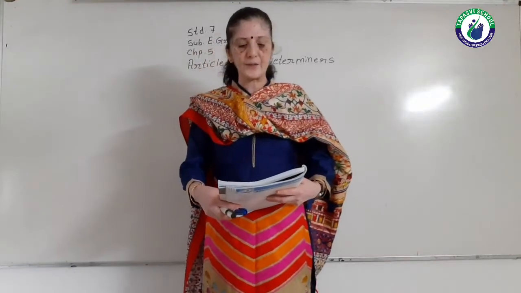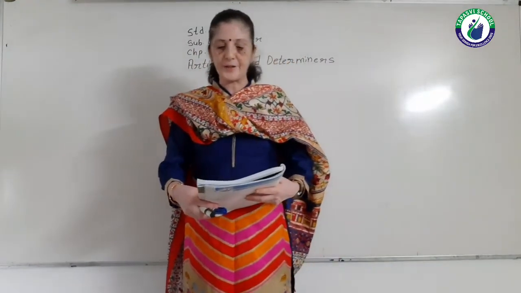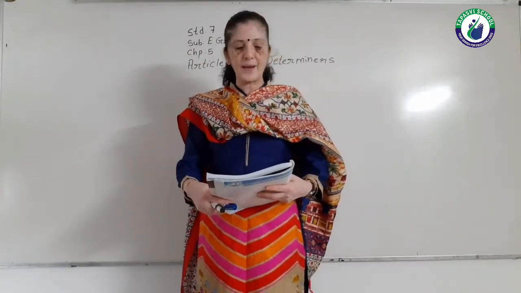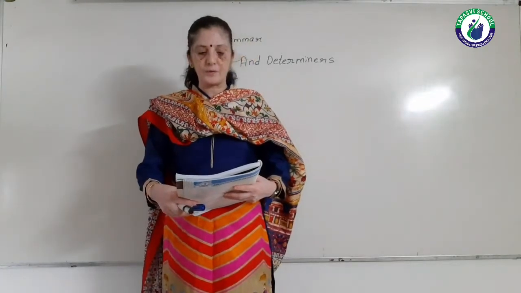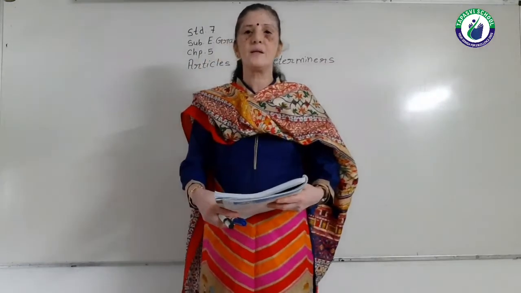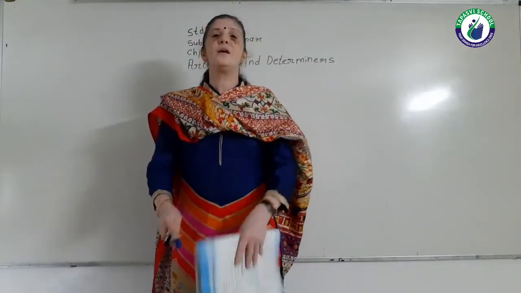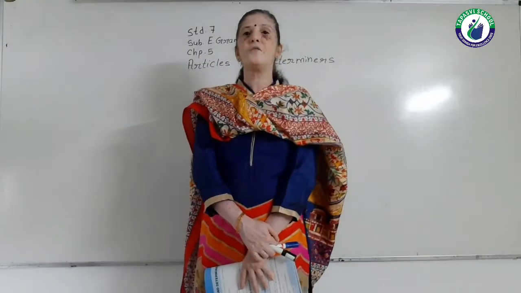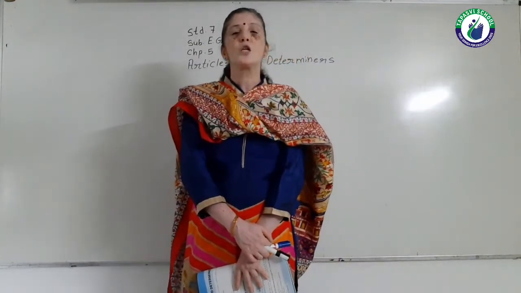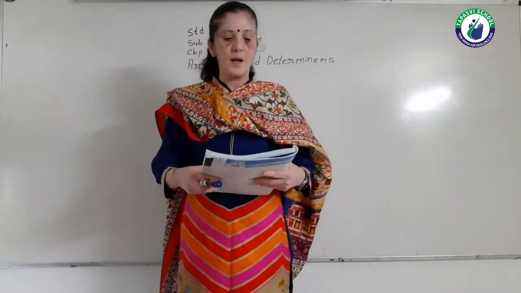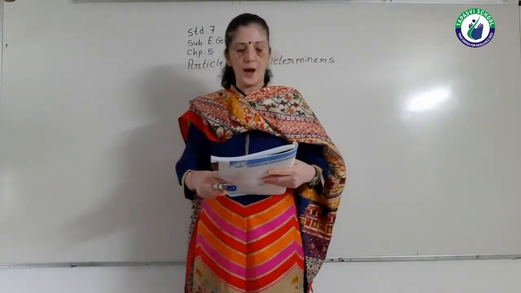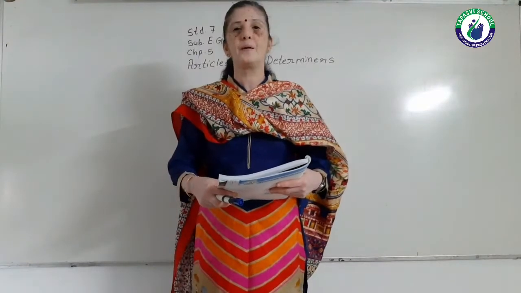Now next, some words begin with a vowel when written but begin with a consonant sound when spoken. If a word begins with a vowel but with a consonant sound, we use "a" before it. Again, the rule is that if the word is written with a vowel but the sound is a consonant, we have to write "a". For example, a European lady. See here the spelling of European: E-U-R-O-P-E-A-N. European, right?